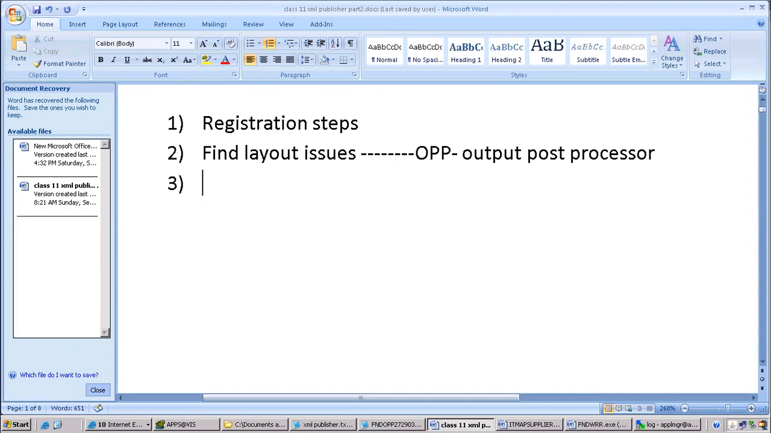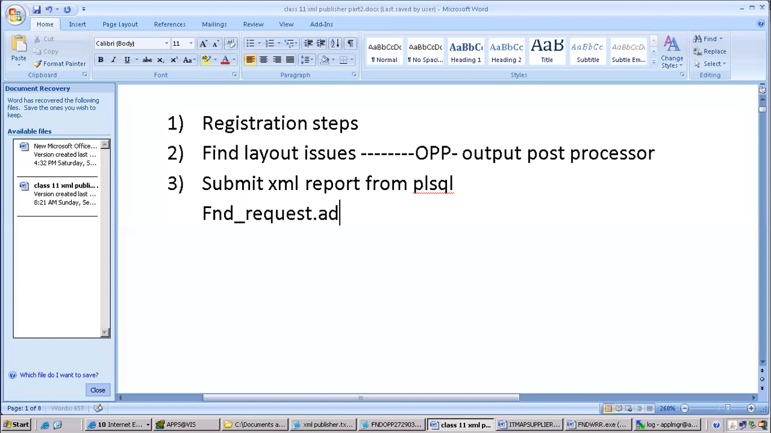Okay. So the next step here is submit XML report from PLSQL. You can submit an XML report from PLSQL also. But these two APIs are required. Okay. If you don't know PLSQL also, you can understand. I'll just explain in 2-3 lines. There is a package here, FND request dot add layout. So why add layout is required here is